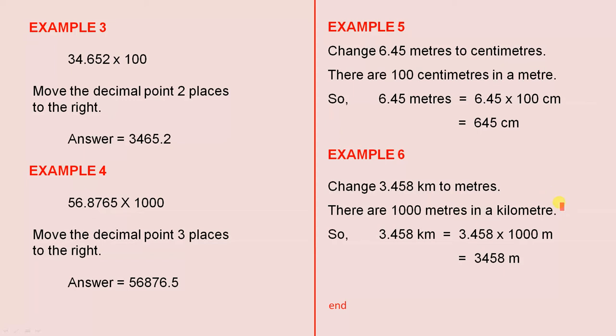Example 6, change 3.458 kilometres to metres. If we know there are 1,000 metres in a kilometre, we have that 3.458 kilometres is 3.458 multiplied by 1,000. That answer will be in metres. So the answer is